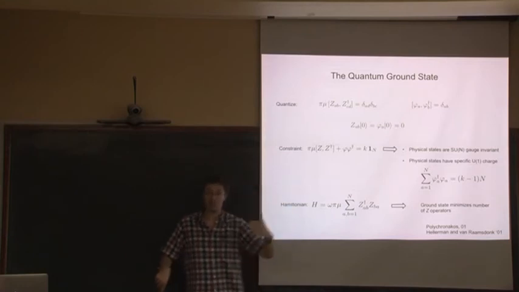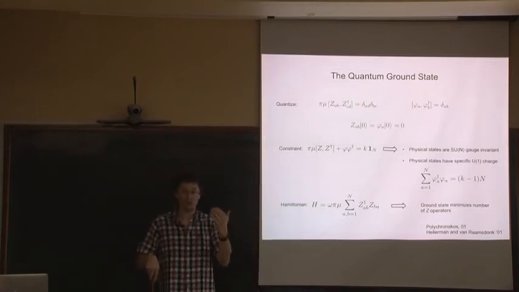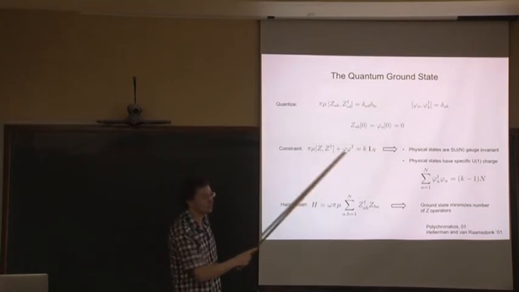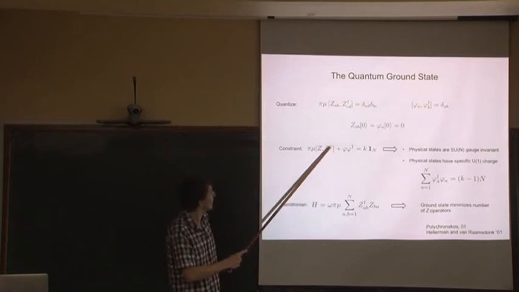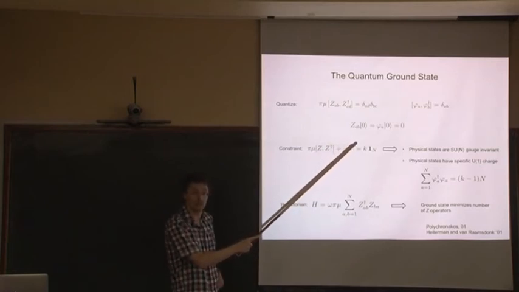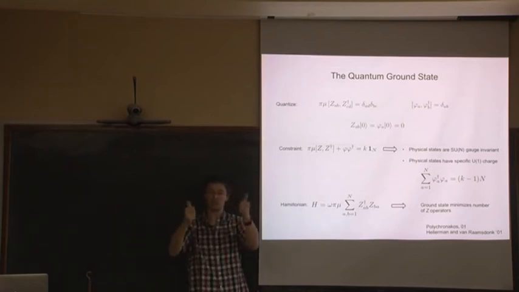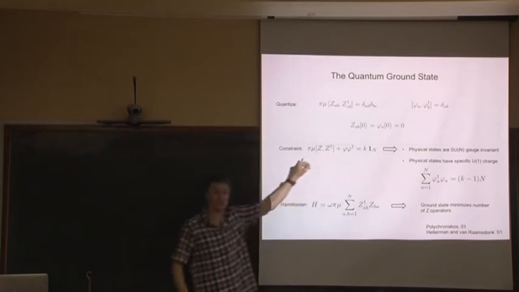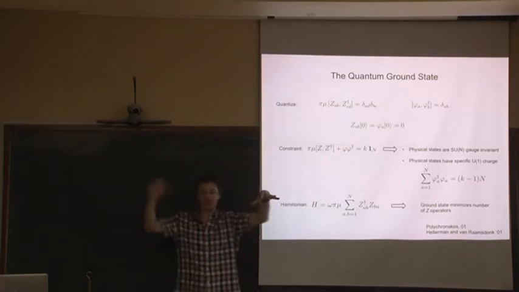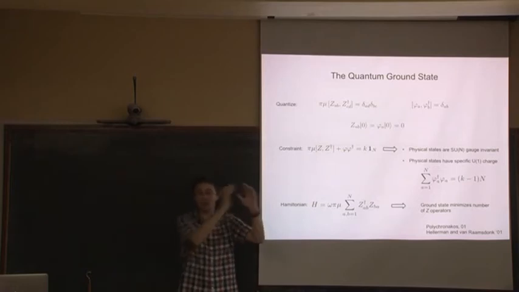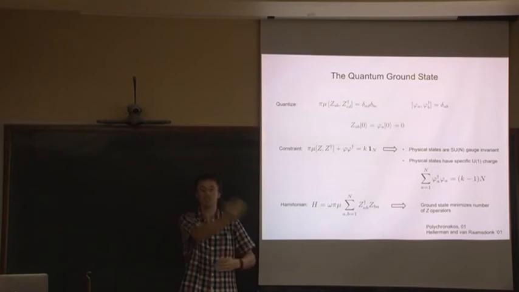Except this is a gauge theory. And because it's a gauge theory, you have a constraint coming from the Gauss law. The constraint is this formula that I wrote down previously. So we need to somehow impose this constraint on the Hilbert space. You should think about it as decomposing into two parts. It's a U(N) gauge theory, so think about the SU(N) part and the trace part, which is the U(1) part. In the SU(N) part, this constraint is basically telling you that all states should be singlets under SU(N) gauge.